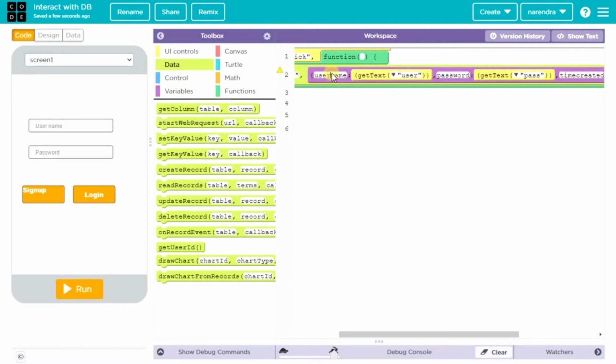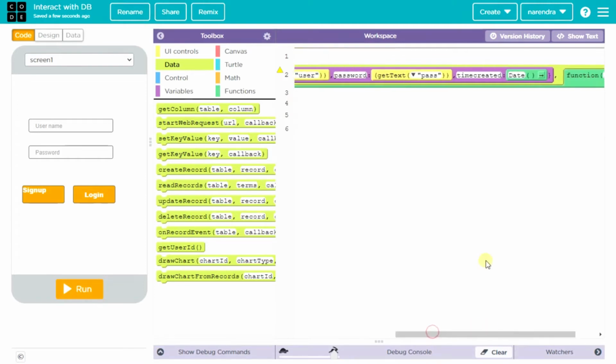The username you have to retrieve from the user interface, from the component whose ID is user, and the password from the component whose ID is pass. The time created you need not give yourself. You can ask AppLab to write its own. There is a function called date function, which will automatically give us the date and time at which this user signed up. That's it.